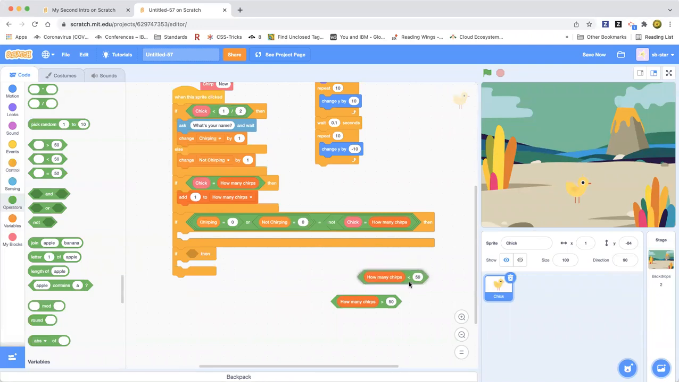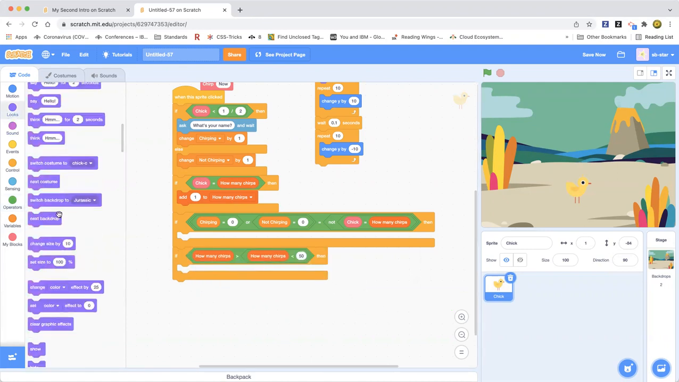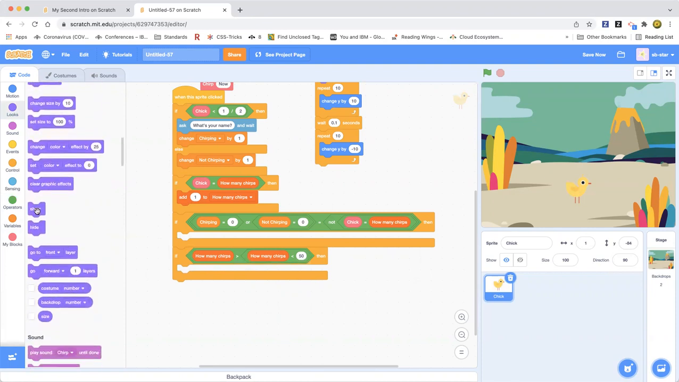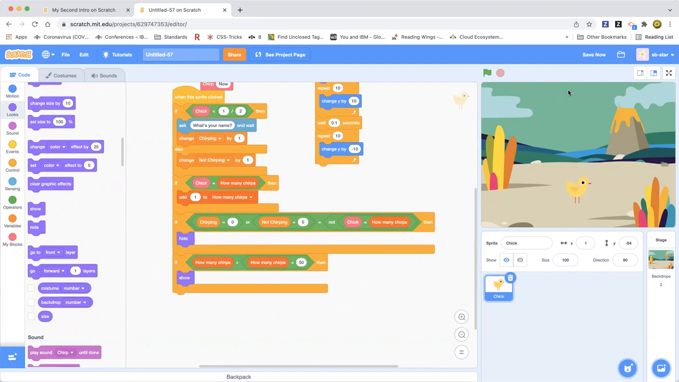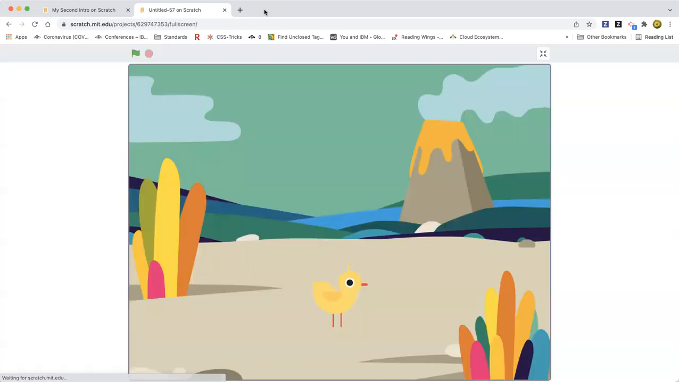And I'm going to drag this out and then put it here. Then we're going to say show here and hide here. And now we're going to play the project and see how it looks like. So we're going to save it and